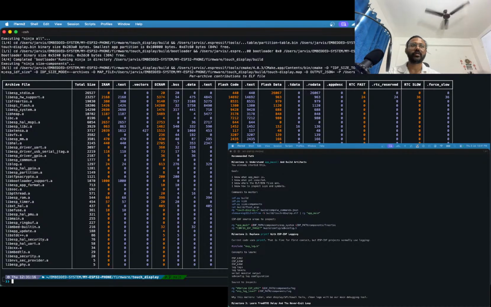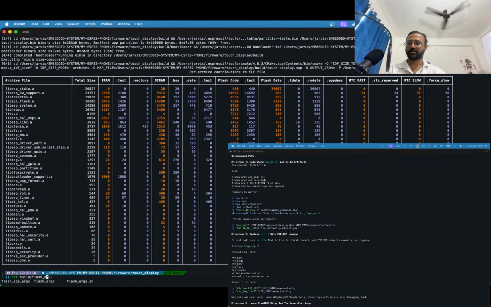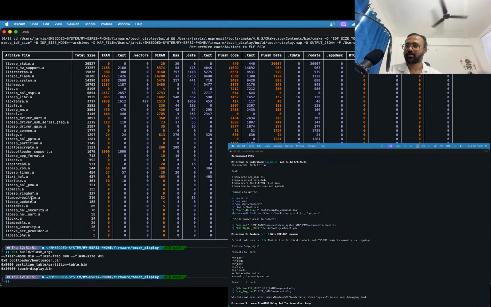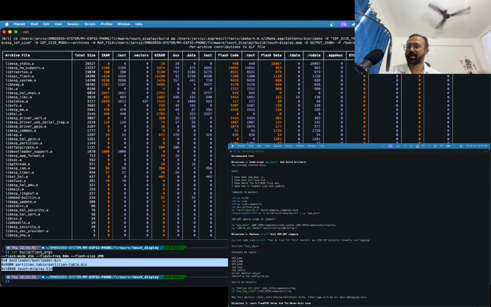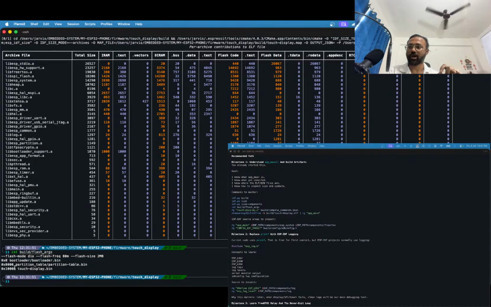Underscore main. Okay, maybe not in this. And then we can do cat build flash arguments. So this is telling me all of these binary files will be written at what memory address, and then